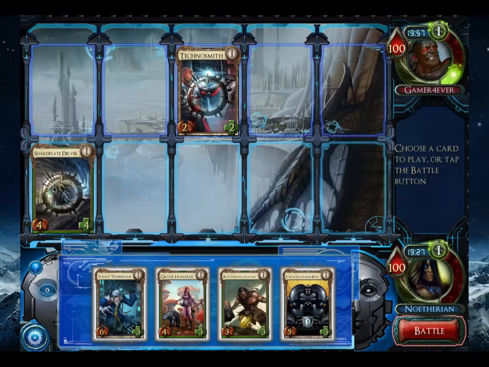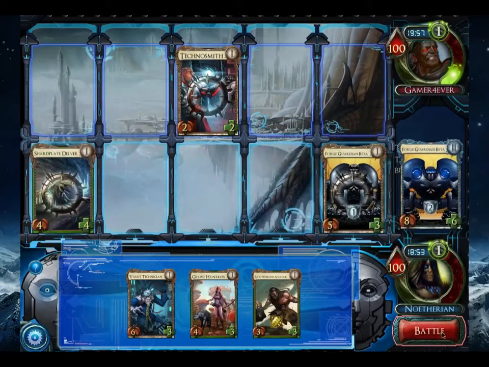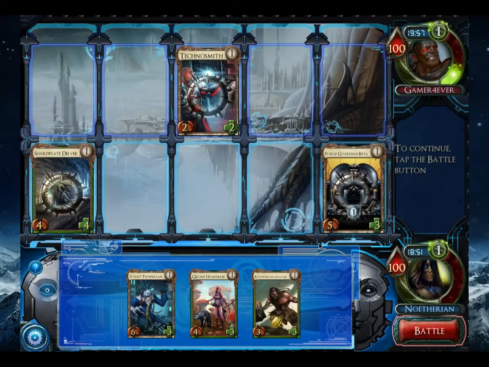With the Grove Huntress buff, the Shardplate Delver is going to be sitting at 7/7 on my next turn, which is probably difficult for him to deal with. But I think he's doing something relatively late game. It's a tough call when I see him doing something like Technosmith. I probably just want to burn him as hard as I can. Give him a beatdown. I'm going to do the Forge Guardian. It's a tough call between the Forge Guardian and the Grove Huntress, but...